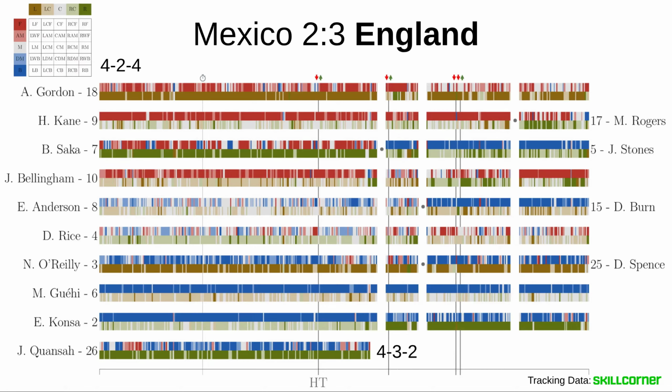You can just use the coloring that we have inferred and know which players are in the back line. Clearly, number 2, number 6, number 3, and number 5 are the backline players. The 3 midfielders are number 4, number 8, and number 10. You can clearly see Bellingham has dropped to the back line more or less. The dark red color is now becoming light red, then light blue, so he's moving down, but it's also a very short time interval because then it comes to the second round of the substitution